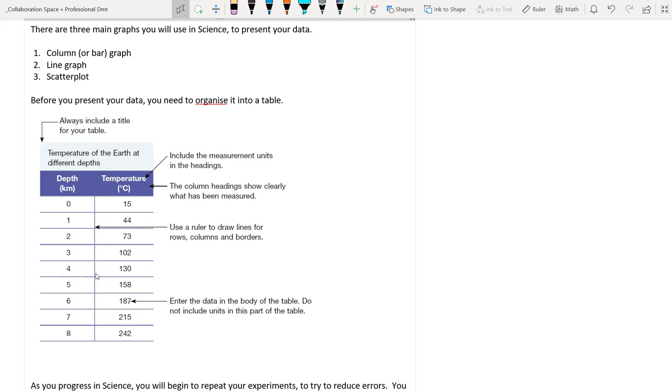Welcome to our second video on how to draw graphs in Excel for science. The second graph that we're going to draw is the line graph. So the previous video we drew a column or bar graph. This time we're going to draw a line graph. Once again, before you start drawing your graph, you need to make sure that your data is collected and organised